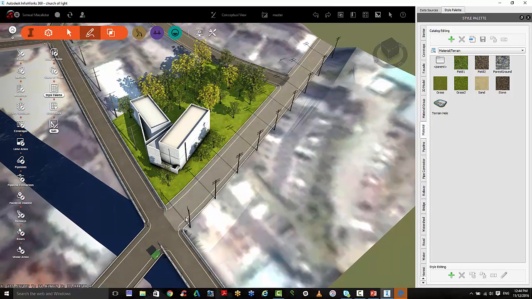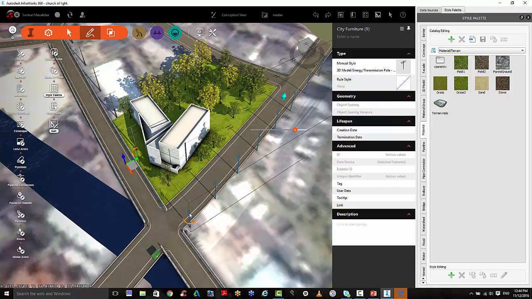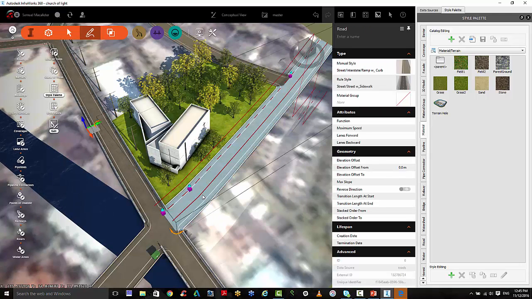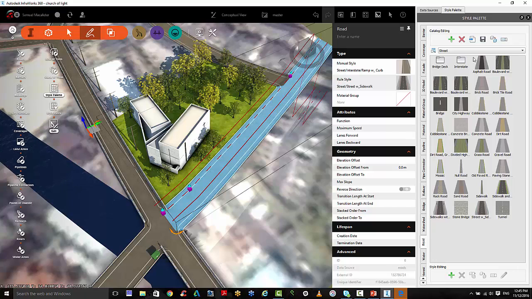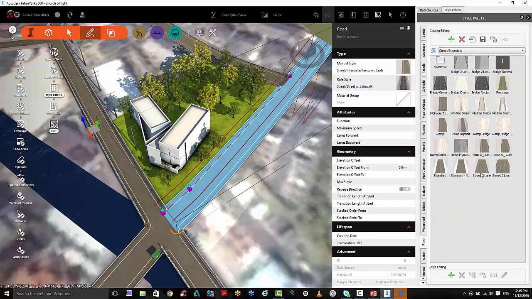Or if you didn't want to do it this way, we could add them exactly to the road. So this is another way to do it. Here's my road style here, and I want to look at editing that road style. So over here in the style palette, this is the street, interstate, ramp with curb. I'll go down to my road styles here and find that street, interstate, ramp with curb. So it's that one there that I want to edit, and we can just go to the edit tool